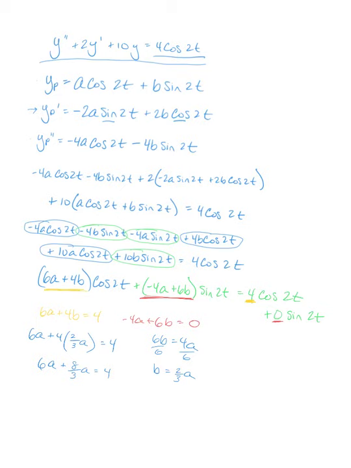So 6, that is 18/3. So that's 26/3. So 26a equals 12. That means that a is 12 over 26, which reduces to